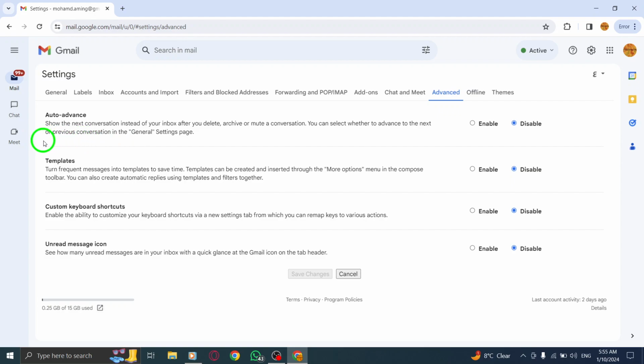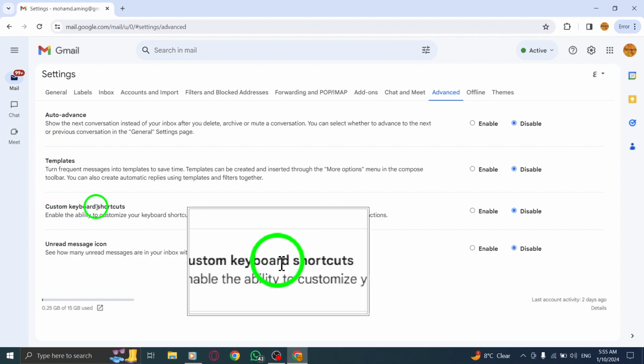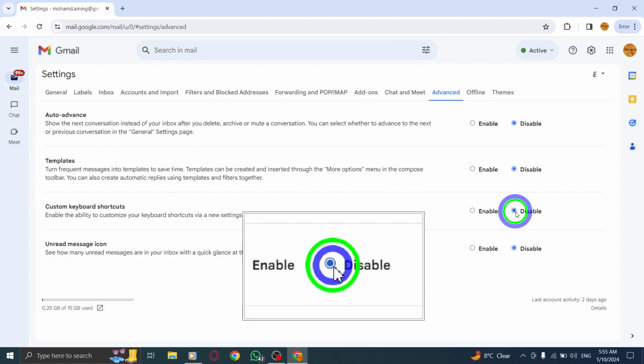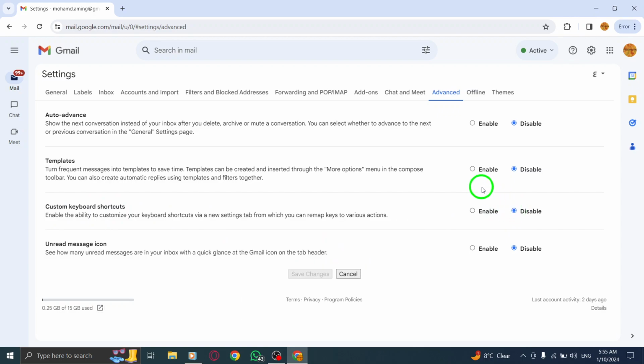Step 5. Next to Custom Keyboard Shortcuts, click Disable. Locate the Custom Keyboard Shortcuts option and click on the toggle switch next to it to disable the Custom Keyboard Shortcuts feature. That's it. You've successfully disabled custom keyboard shortcuts in